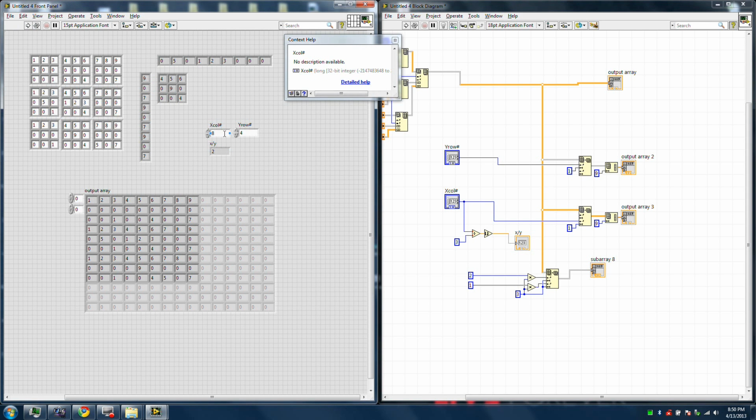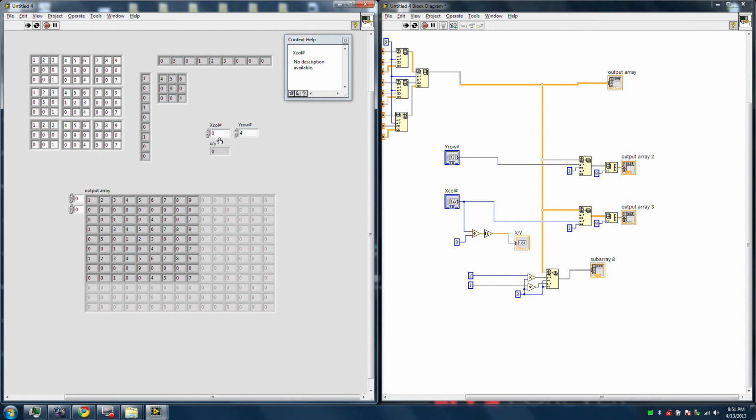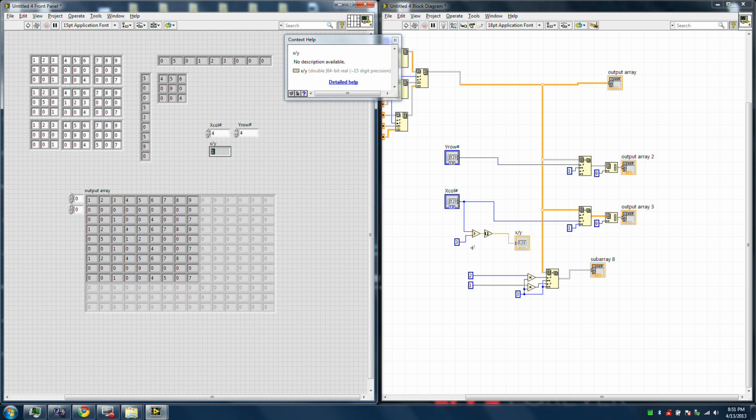8 is 2. 1, oh, continuous there. 1 is 0. So 0 is 0. 1 is 1. 2 is 0. I'm sorry, 1 is 0. 2 is 0. 3 is 1. 4 is 1, and so on and so on. There we go. So now all I need to do is take this data, this number, and feed it into